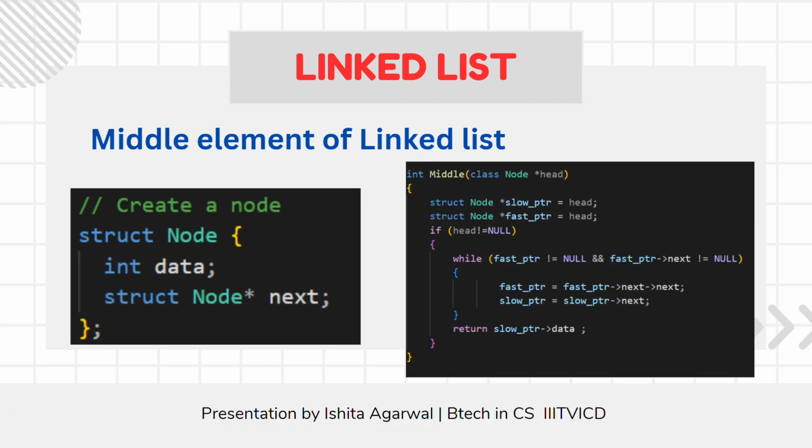Now our second question is to find the middle element of a linked list. So here what we are doing, we are given a linked list with head. So we are creating two nodes, that is slow pointer and fast pointer, to traverse the linked list. So what we will do here is, while the head is not equal to null, that is while we reach the last element, what we are going to do, and we